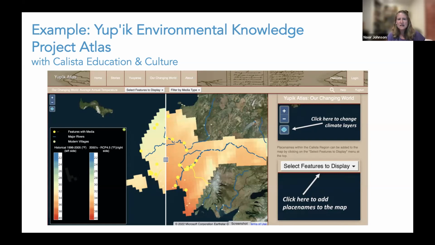But the other context is that it will potentially broaden the usefulness of the tool so that people who are doing land use planning, for example, and